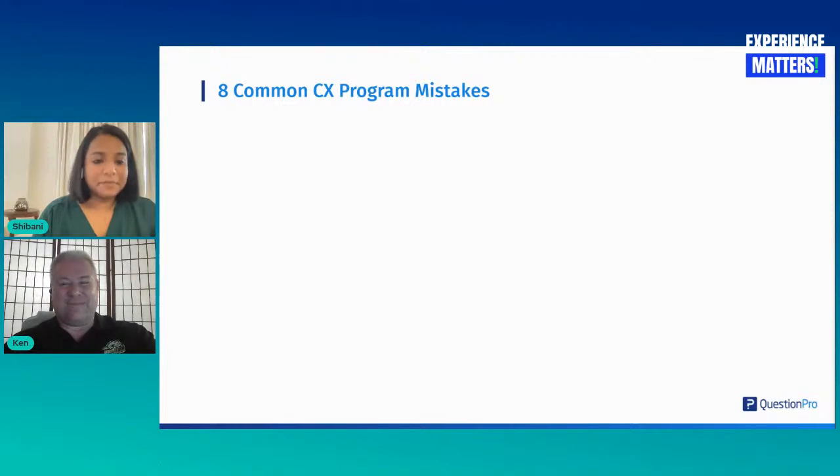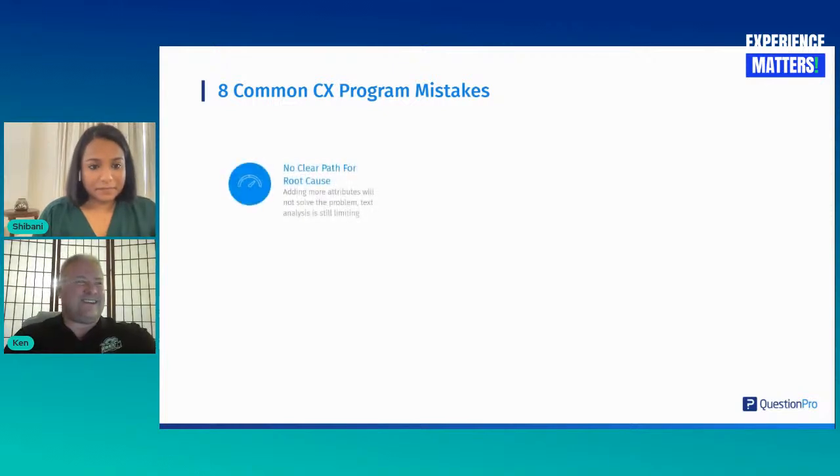But I think the first one I always see is no clear path for root cause. And we talked about root cause quite a bit. If you're putting together a survey and you have no idea what you're going to do with the data after you get it, you really need to rethink what you're doing. I mentioned NPS plus, but some people add attribute after attribute after attribute. And